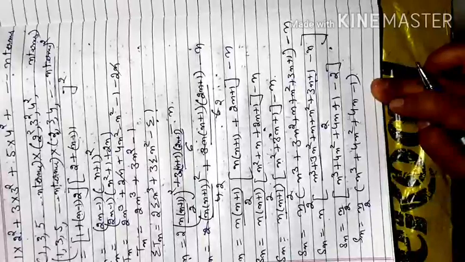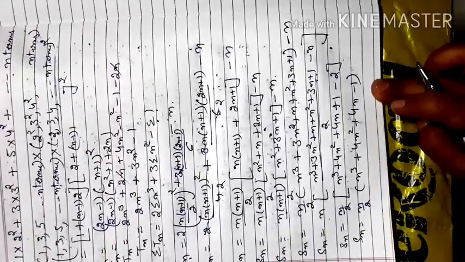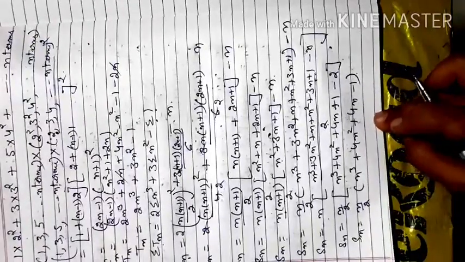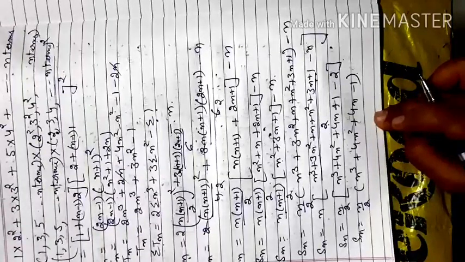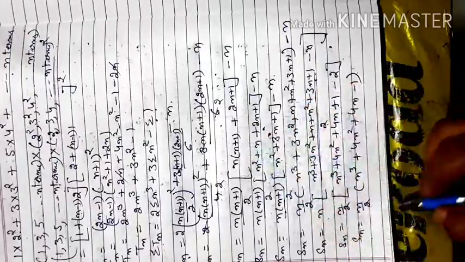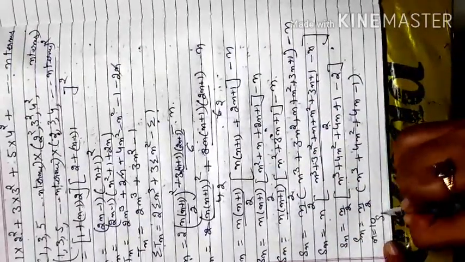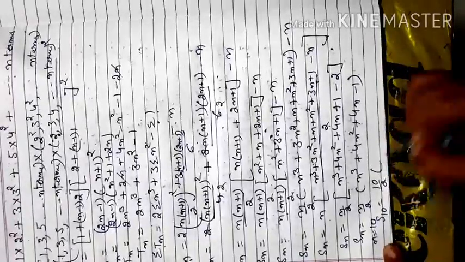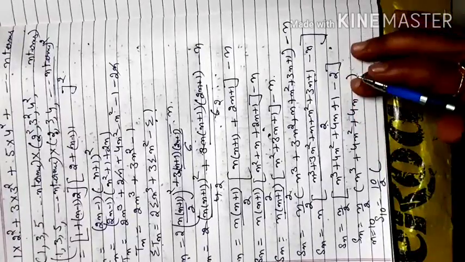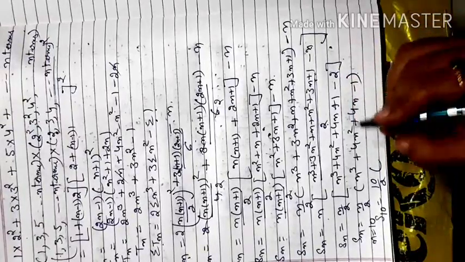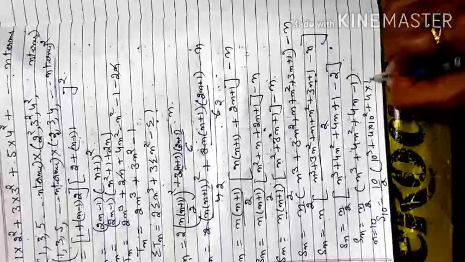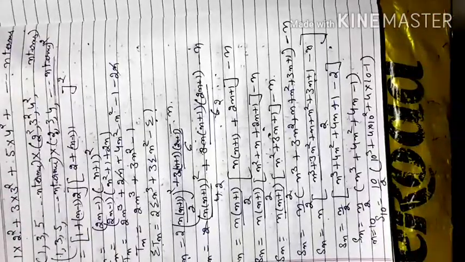If the same series or any series is given in your question, as I told you in the previous question, and you have to find the sum of 100 terms or 50 terms, you just replace n with that number. Suppose I have to find the sum of 10 terms, so n is equal to 10, then S10 is equal to 10 by 2. Once the formula for the sum of n terms of the series is generated, you can find the sum of any number of terms: 10 cube plus 4 into 10 square plus 4 into 10 minus 1. After calculation you will get the answer.